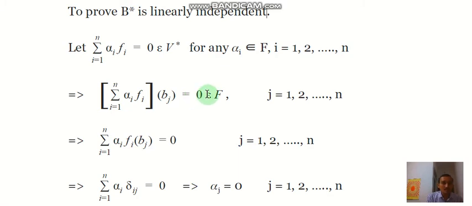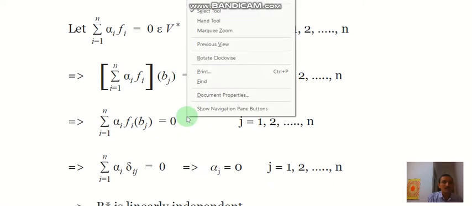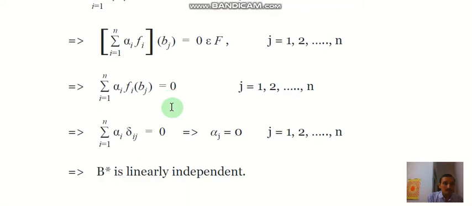So now this 0 belongs to the field F, and j varying from 1 to n. Now applying the property of functionals, we can open this bracket, then we can write this sum of alpha i fi(bj) equal to 0 for j varying from 1 to n. Now applying the definition or condition of fi(bj), we can write this fi(bj) as Kronecker delta ij,